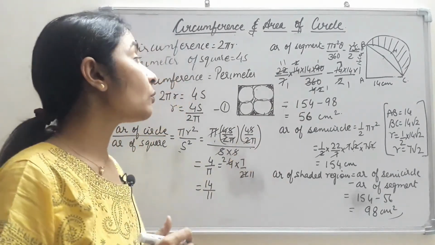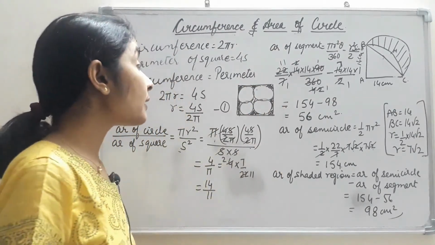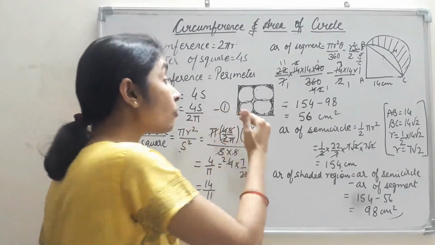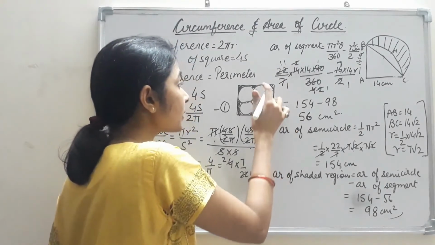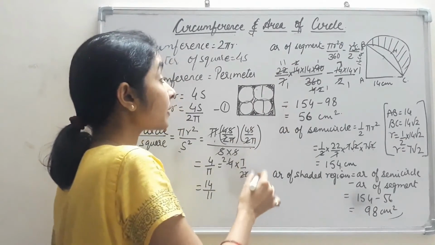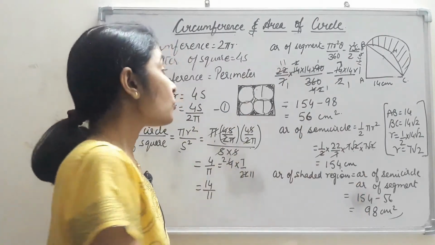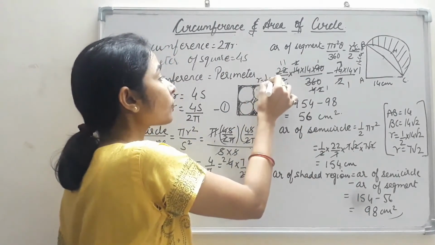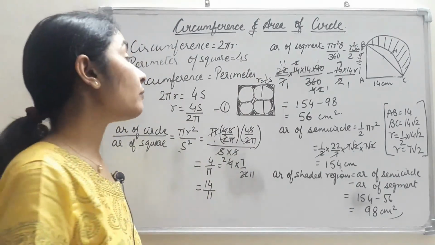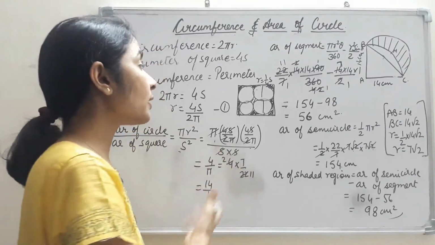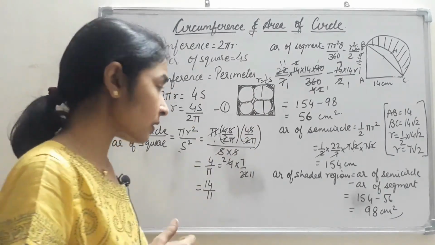It is very easy, but the only thing is you don't make a mistake in finding the radius of the circle. The radius of the circle will be 1/4 of the side of the square. How come? Because this is the side of the square and there are 2 circles here. So this is the diameter and this is the diameter. So the diameter of one circle will be half of the side and the radius will be half of the diameter. So the radius will be 1/4 of the side. Once you get the radius, you get the area of 4 circles, and it is very easy to find the area of the square. So area of square minus area of 4 circles gives you the area of the shaded region. These are the types of application based questions.